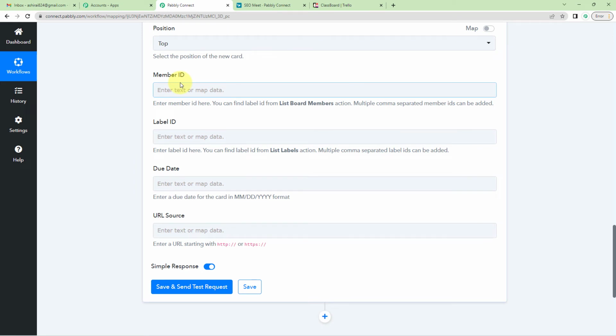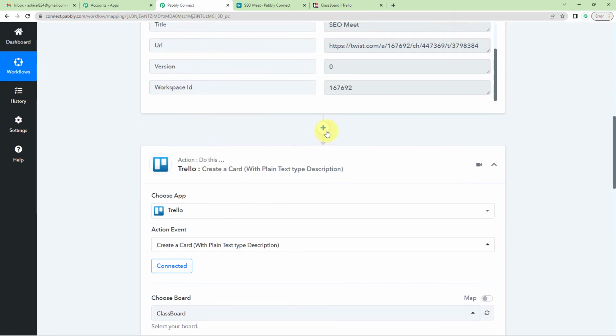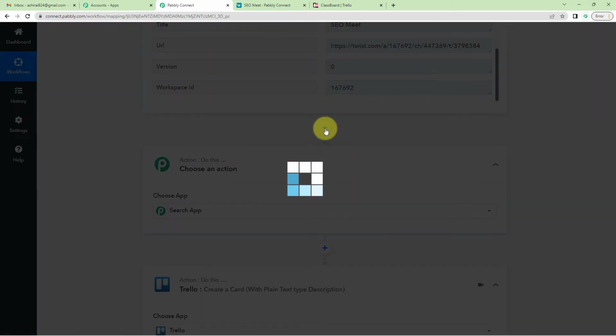Now it needs member ID. Although it is not a required field, we are going to take the member ID. So quickly pay attention to how we use this list board members action to get the member ID, as it is written here in the help text. I'll scroll above, add an action step in between,